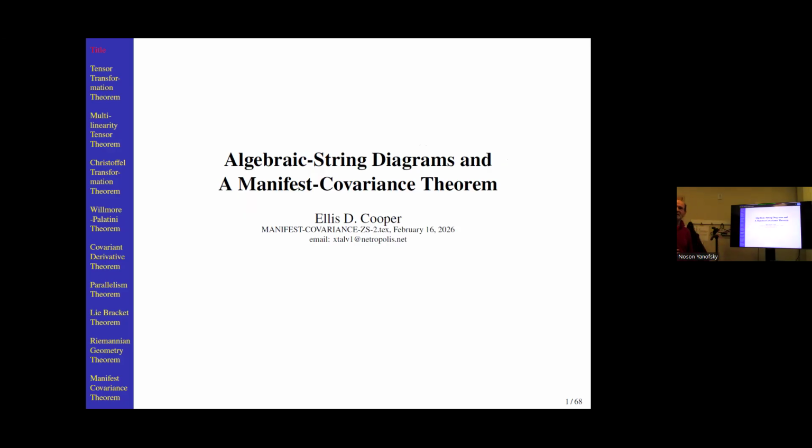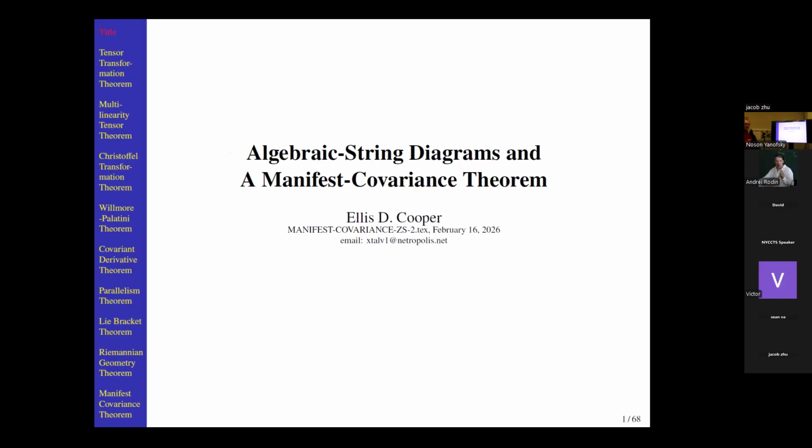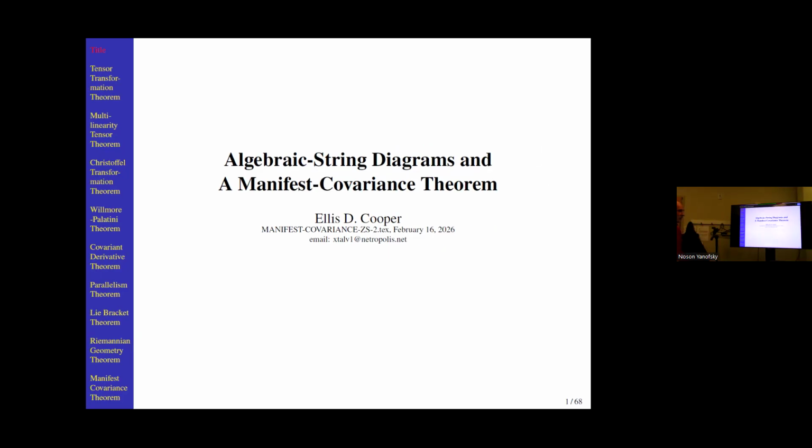Now, I'm going to go down this list of theorems very quickly. I'm going to show each one very quickly, just in case I run out of time, I want to make sure at least you've seen what I'm aiming at. And then I'm going to go back and go through. Now, there are 68 slides, and maybe I can fit that in, we'll see. But certainly, I know you'll interrupt me whenever you want. Thank you. All right, so just to go through these theorems,